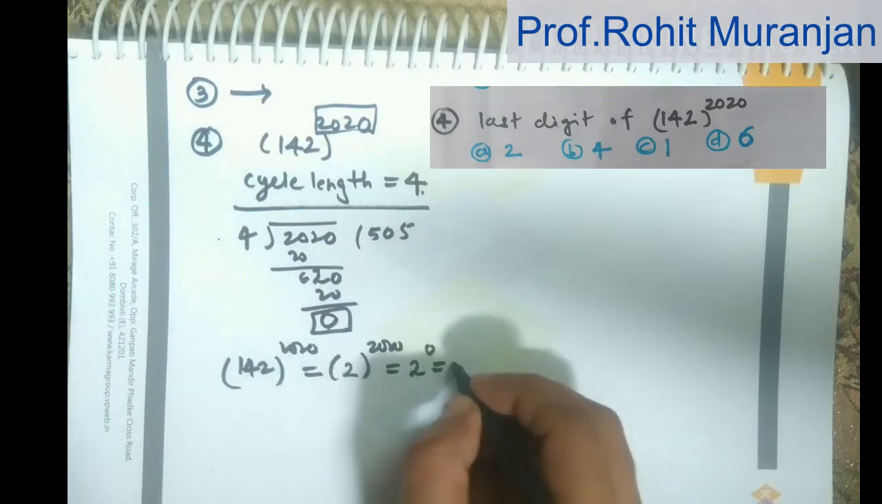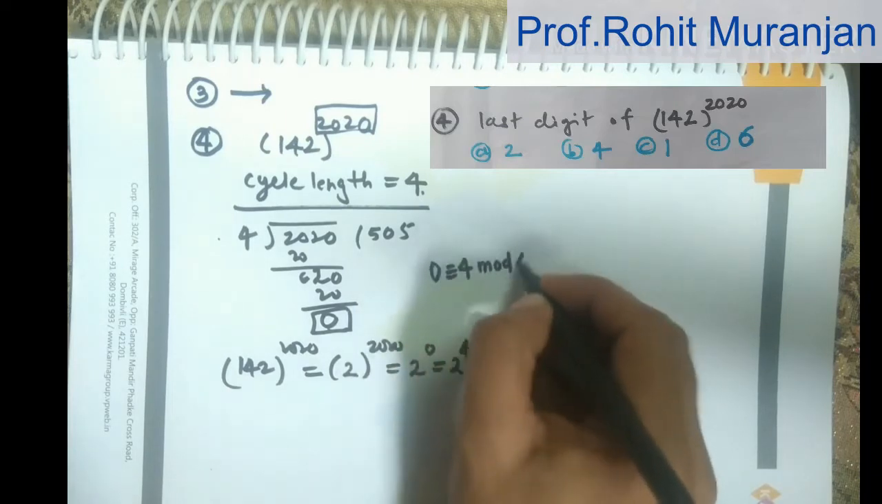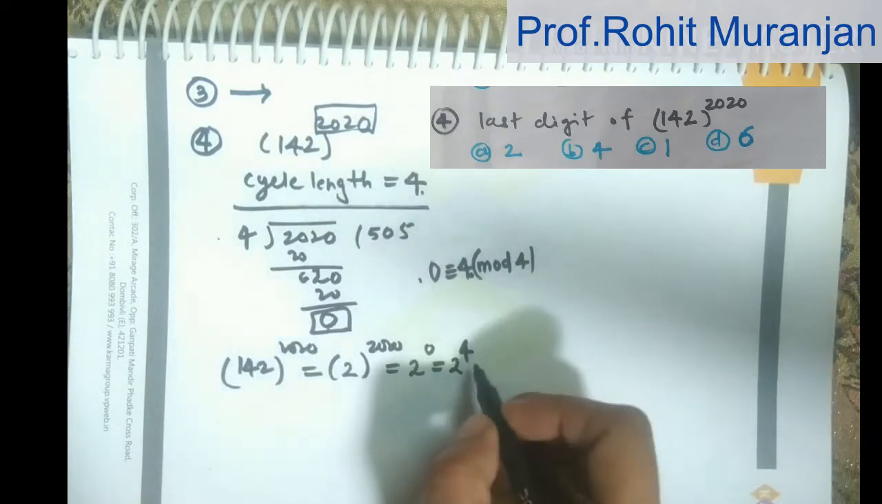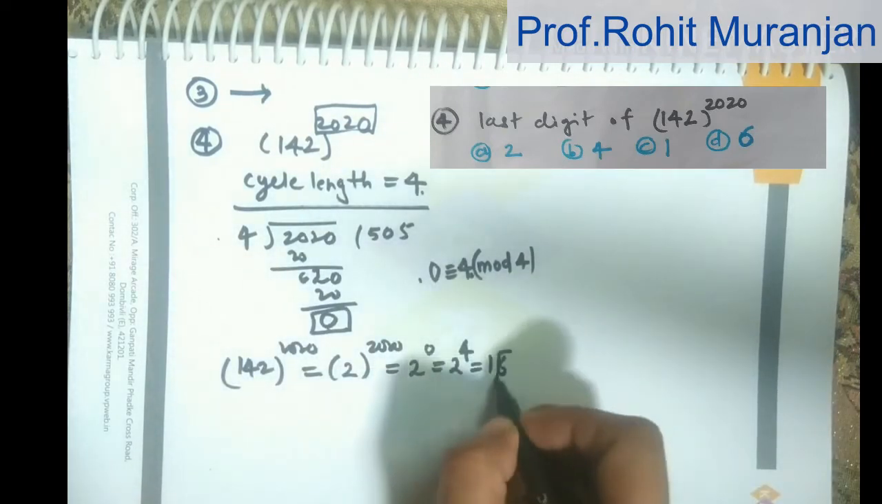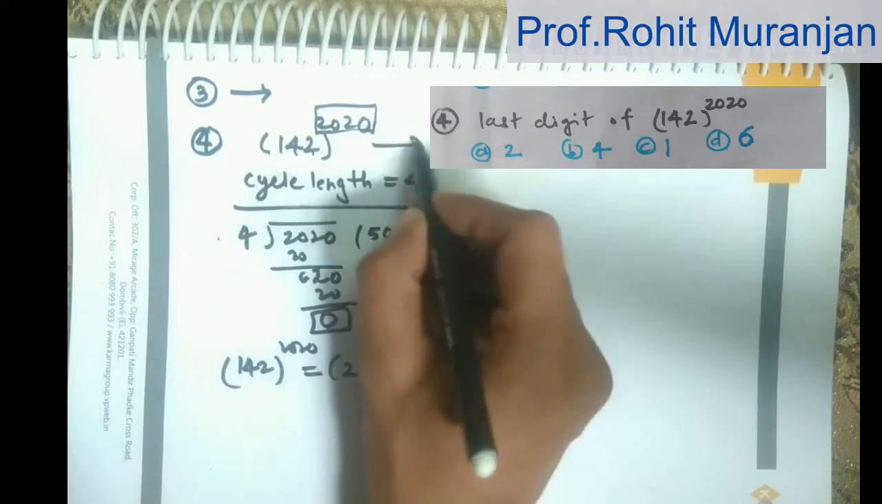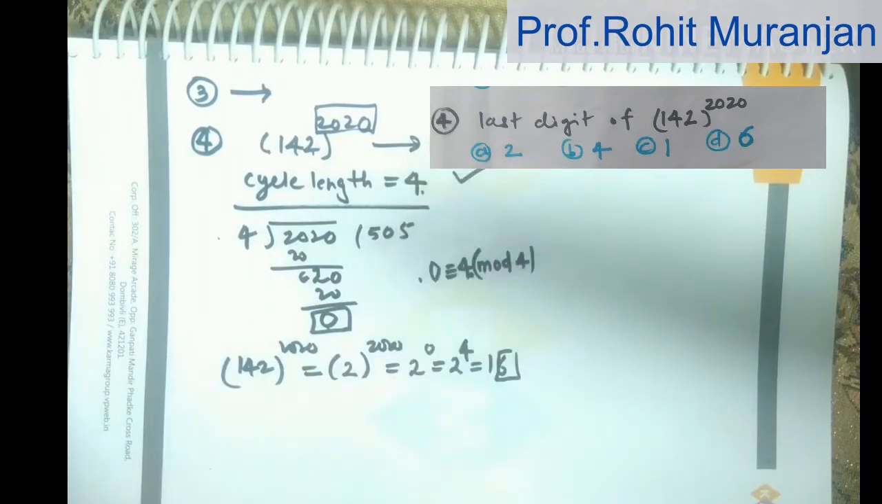But see, 2 raised to 0 is nothing but 2 raised to 4. Why? Because 0 is congruent to 4 modulo 4. Means 0 and 4 are the same in modulo 4. Okay, and 2 raised to 4 is nothing but 16. So the last digit of 16 is 6. So the last digit of 142 raised to 2020 is going to be 6. So which answer is correct? So answer D is correct. Okay,